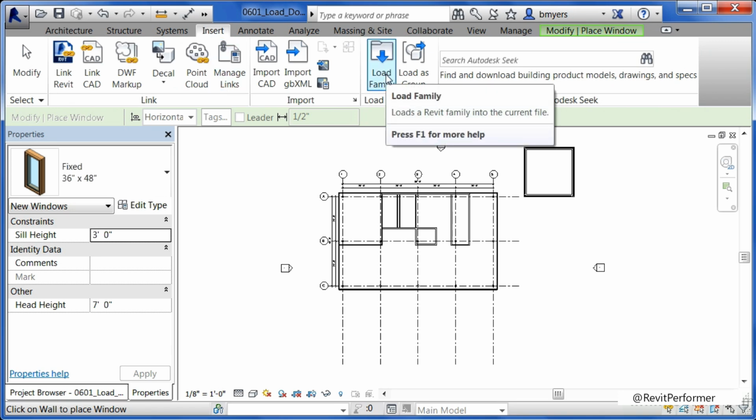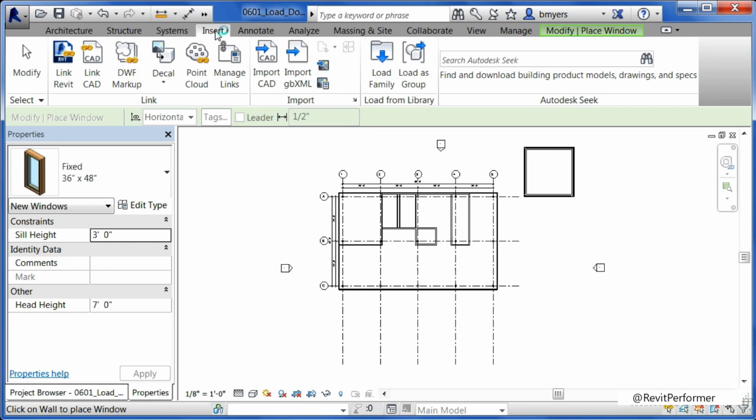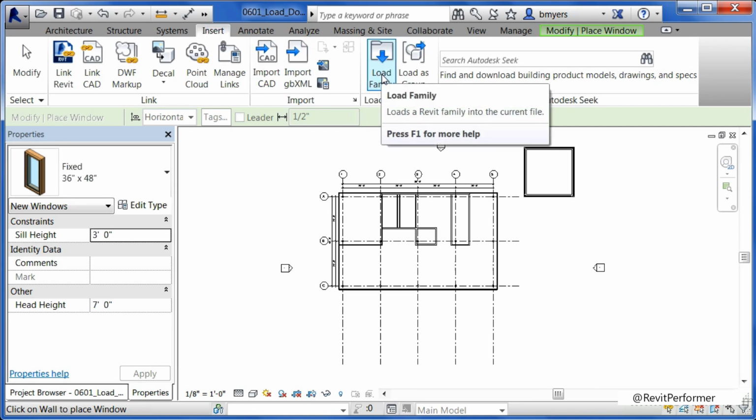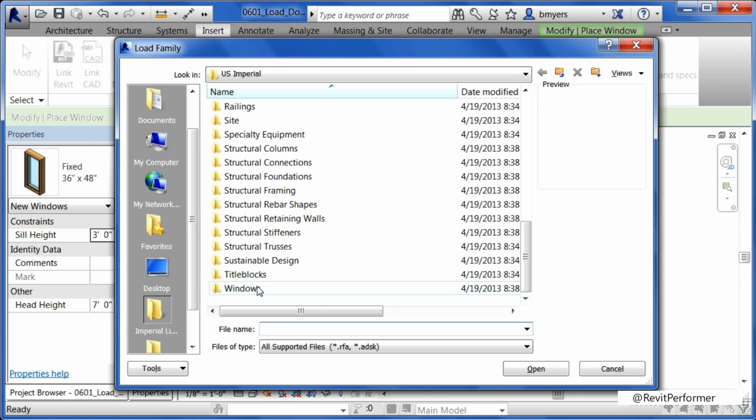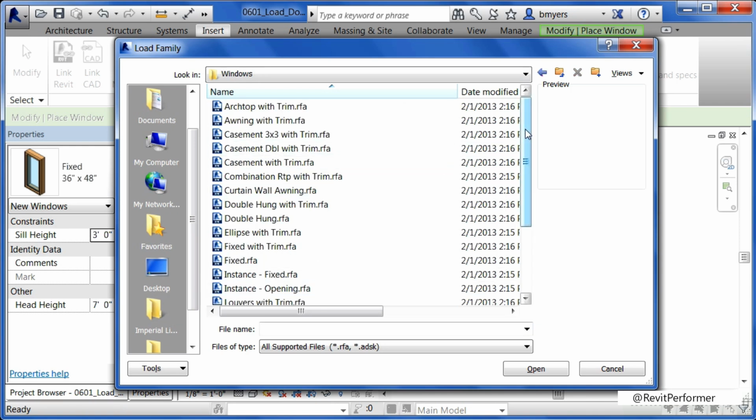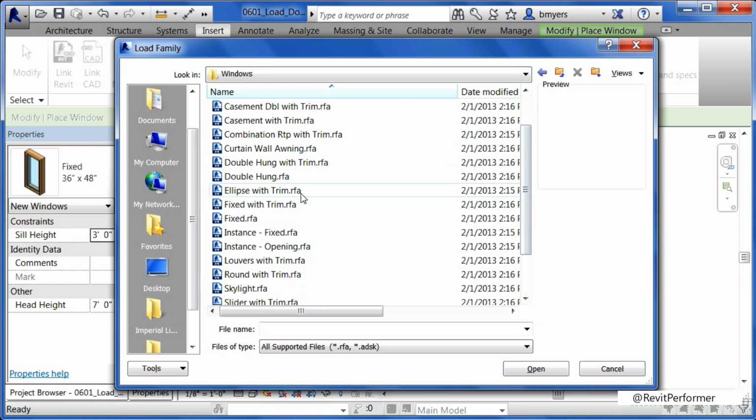Underneath the Insert tab, there's a button there called Load Family, and this does the exact same thing. The big difference is whenever you execute it from underneath Insert, it will just load that family in and not try to place that family automatically. Click Load Family, scroll down, double click on Windows, and in this case, I want to load a double hung